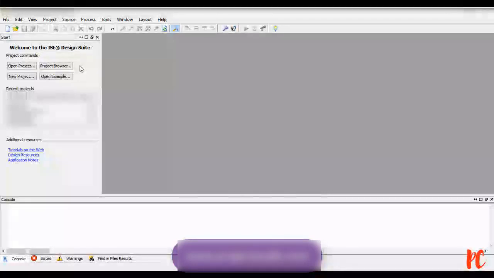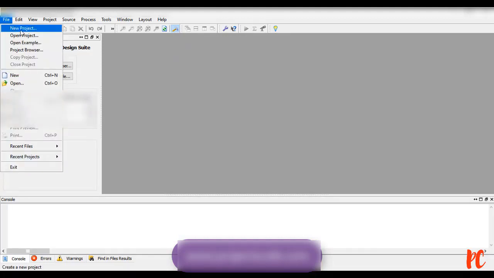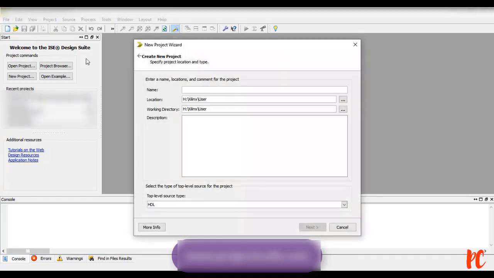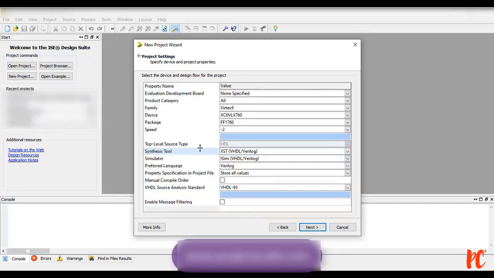Open the Xilinx tool. In order to create a new project, let's start with File. Click on New Project. I need to give my project name. I'm giving it to be AES_algorithm. You can change your destination location where the file needs to be saved. Click on Next. Now this will give a brief description about your project where you need to dump your project.